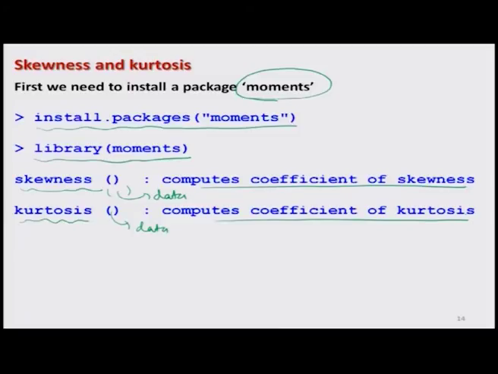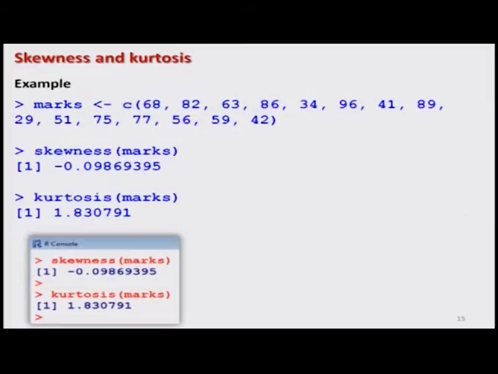Right, okay. Now I take the example that we did earlier. I simply take the same data vector which I considered earlier, and write skewness of marks and kurtosis of marks. You can see here that this value is coming out to be negative, whereas this value is smaller than 3.